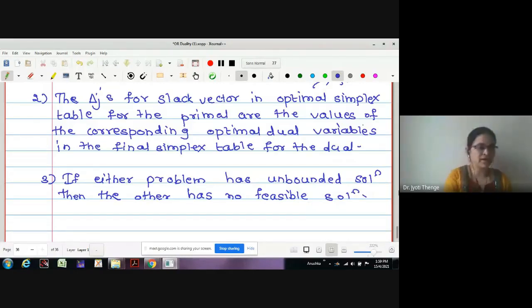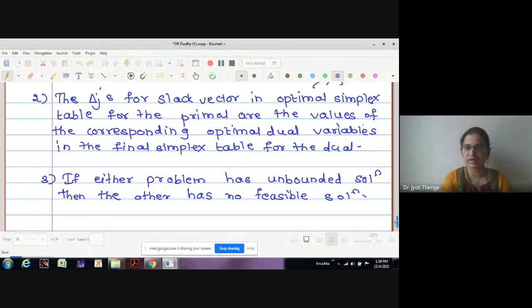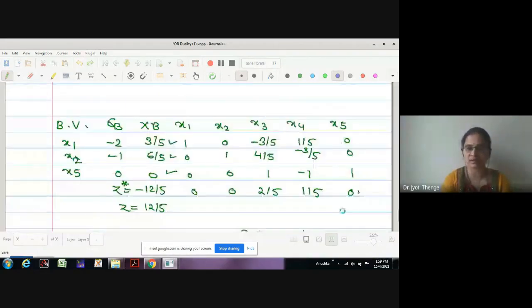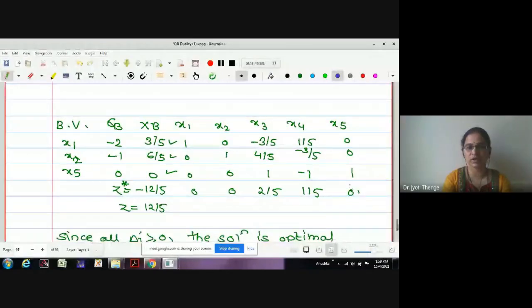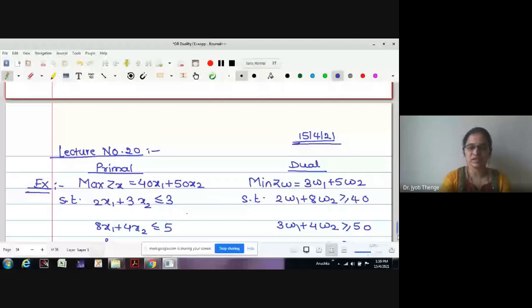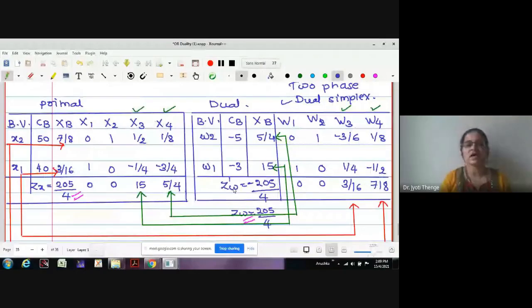Okay. Any difficulty in understanding the primal dual solution relationship? No, ma'am. Here we have completed the duality topic. You have to solve more examples by using the dual simplex method, right? Then only you will be able to solve it neatly. Yes, ma'am. Practice is important, remember, okay? But according to this relation, we can easily find out the values of the basic variables and the net evaluation corresponding to the slack vector.